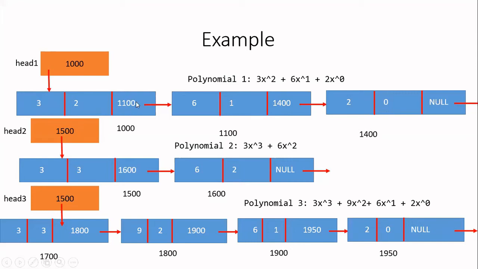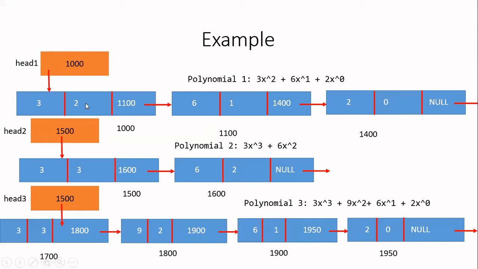Then in the link field, you have to store the starting address of the next node. Suppose the second node is stored at the starting address 1100, you store that address in the link field. Then in the second node, the coefficient is 6, exponent is 1. So you store them as given in the box. Then in the link field, you store the starting address of the next node. The starting address of the next node is 1400, that I am storing here. And when you go to the next node, the coefficient is 2 and exponent is 0. So store them properly. And this is the last node. After this, you don't have any other term in the polynomial, so it should not have any pointer to other nodes. So in the link field, you store null.